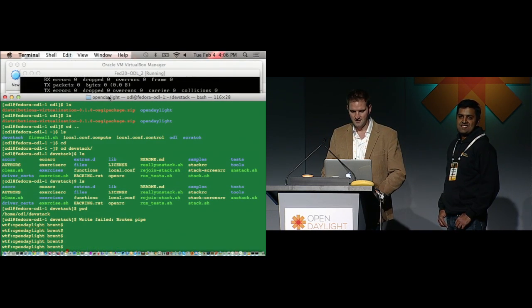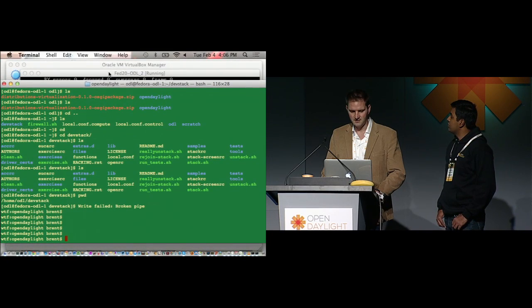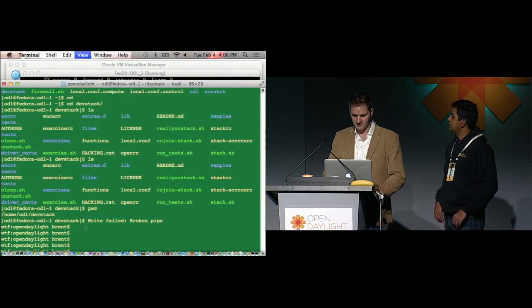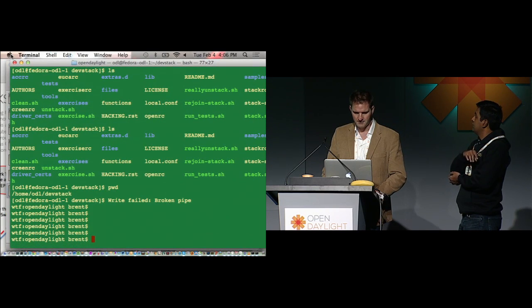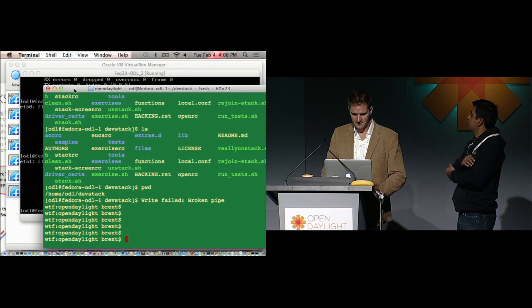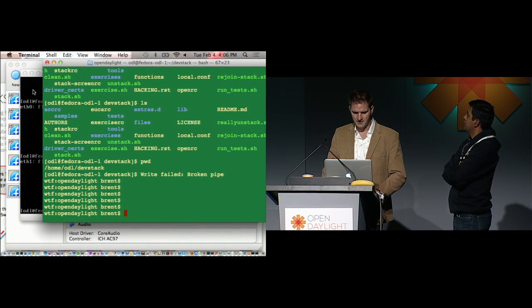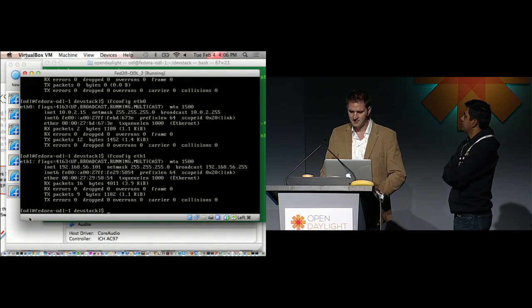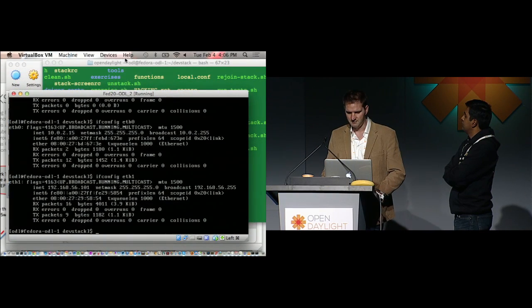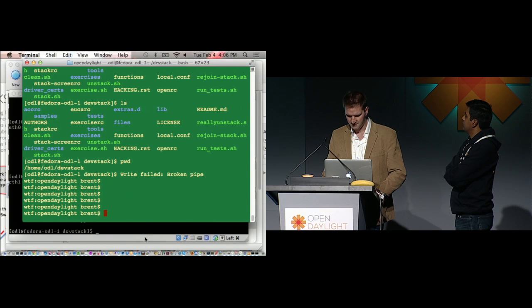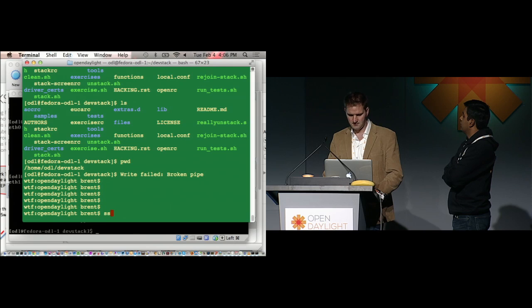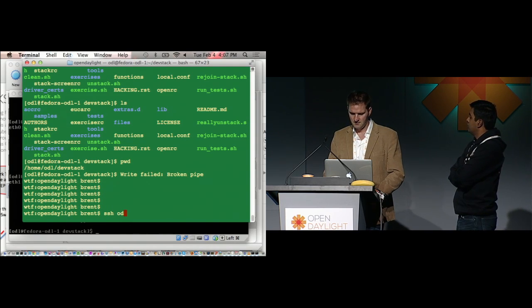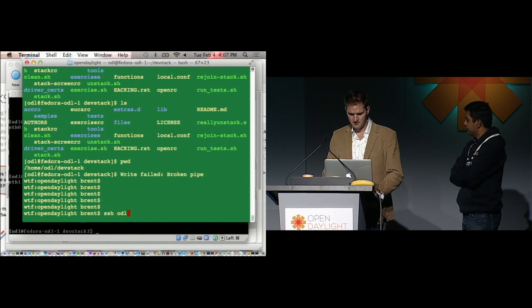Sorry. So I'm actually going to SSH into it. I'm going to make it bigger. Sorry, I've got this miniature window up here. So we're going to SSH to that 192 address. If you're on VM Fusion, you can just SSH in. It builds in a patch port. But for this, 192.168. So SSH, ODL at